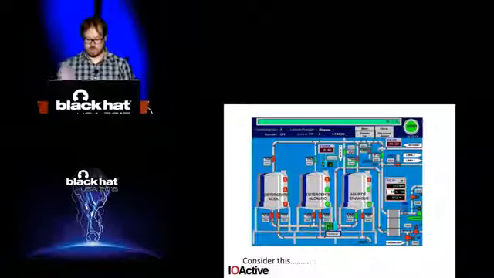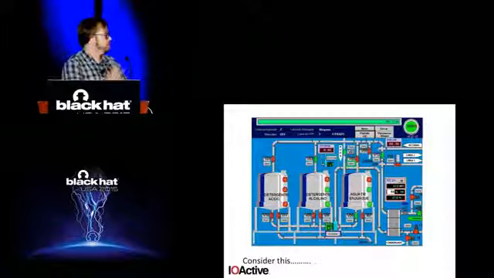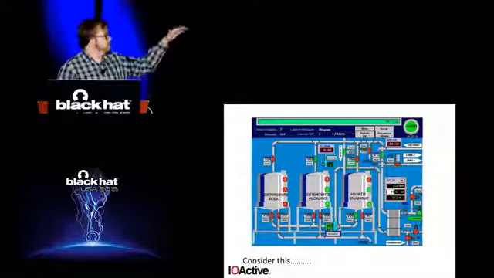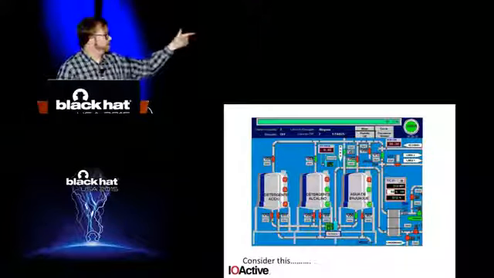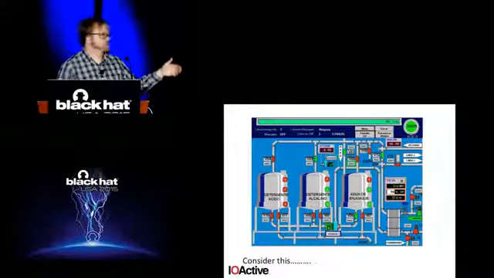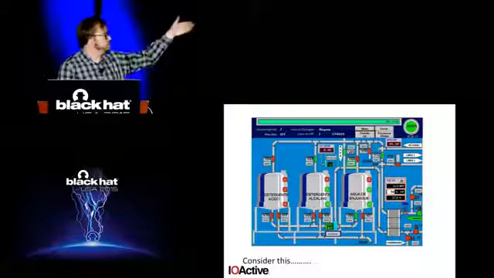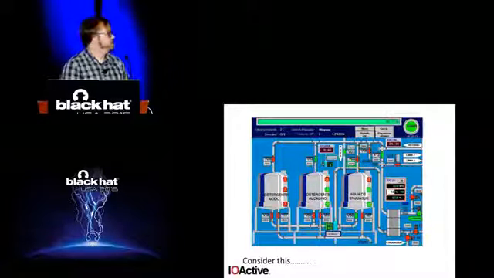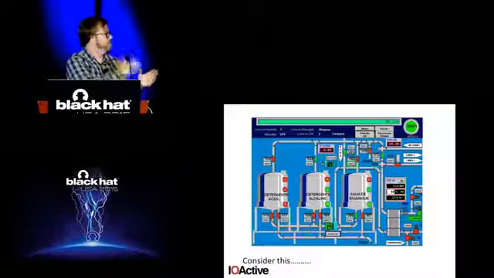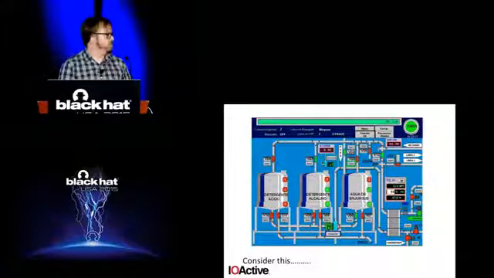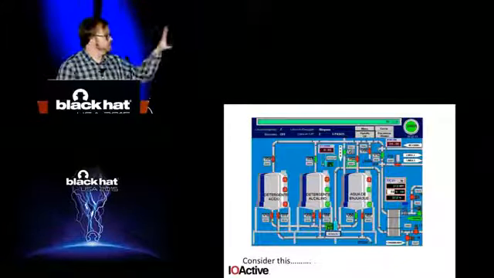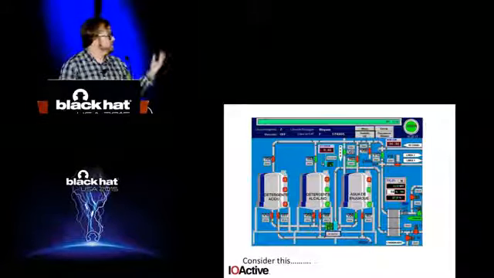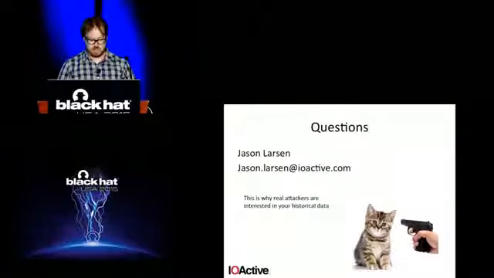So then I think I'm out of time. Looking at this particular one, we have a bunch more attacks that we can do. If we wanted to do a vacuum collapse, we have a bunch of liquid in a tank and some pumps. Let's hook the pumps up to it and close all the valves and try to pump the tank out until it collapses. We have a whole bunch of valves. We can try to do water hammer, cycle these things really fast, get pressure transients moving around. There's a lot more attacks that we can do that are kind of the bread and butter of things that the engineers generally don't